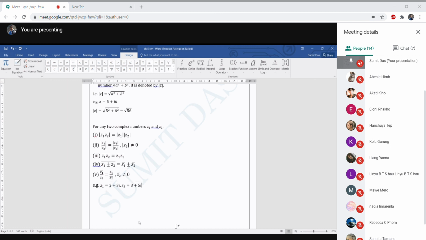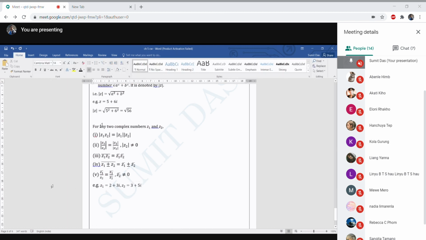So what is given? Modulus of z1 into z2. So first find z1 z2. If you find z1 z2, it will be (2 plus 3i) times (3 plus 5i). If you simplify this one, I'll do it a little bit